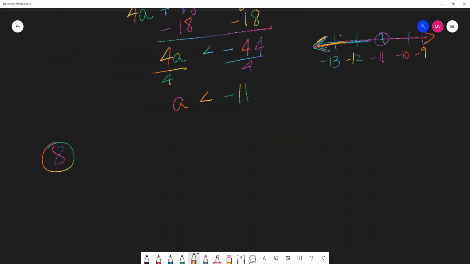3x minus 4 plus x. Nothing you are going to see on the quiz is any more complicated than what we have right here. They saved that for the word problems. Even those aren't that bad. They're not that bad. 3x minus 4 plus x is greater than 5 minus 6x